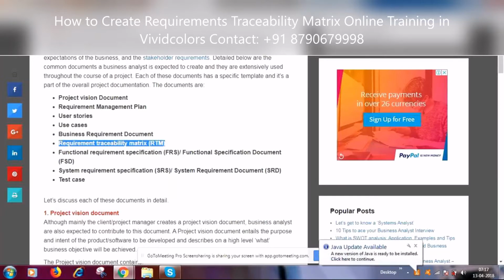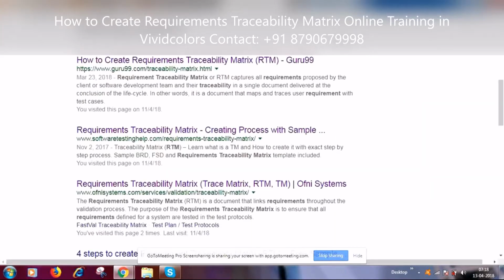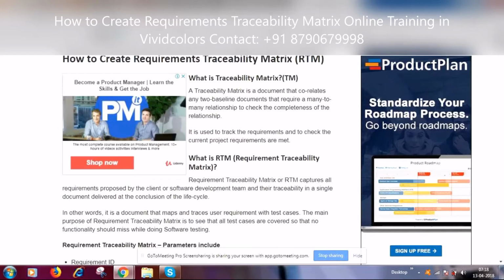Now, while the test team is preparing the test cases, each and every test case will be prepared based upon the requirement we have. So you write the test cases that have been covered for this particular requirement. After development completion, you find out whether the requirements, the test cases, and the acceptance deliverables are matched. That is what the requirements traceability matrix is.